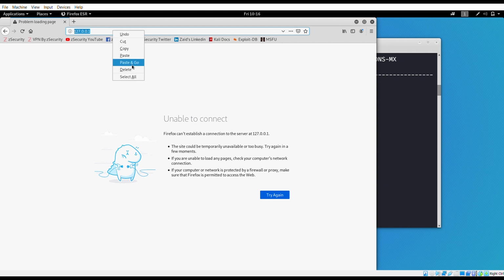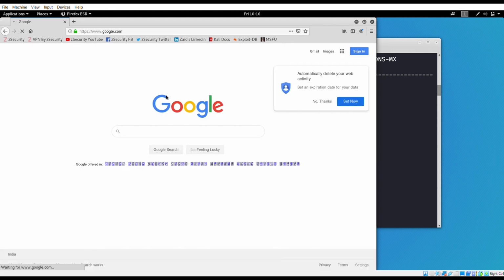Just copy and paste it in the browser. Here we can see that it actually redirected us to the Google main search page. So here we can see that Google has registered this misspelled domain so that whenever a client who intended to come to the Google search engine can actually visit the Google page, even if he or she misspelled it.